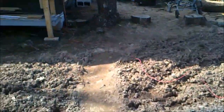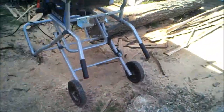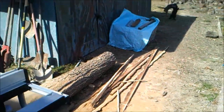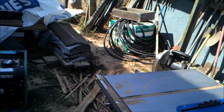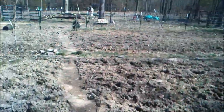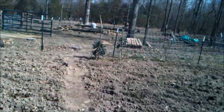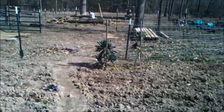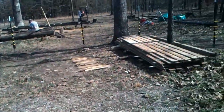All right, folks, I'll show you a little bit here. It's after lunch. You can see we will have no want for kindling, none. So we did get those boards milled up, the last few of them, after we got done with lunch. And I want you to see this. This is that one log, okay? That one big log